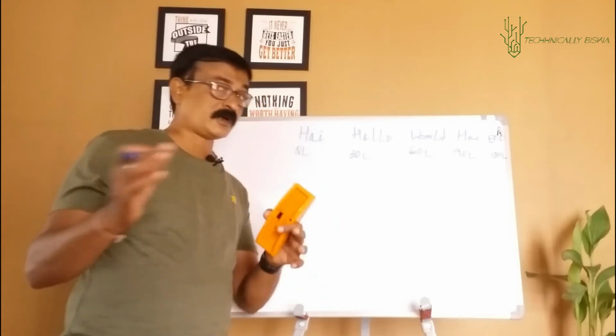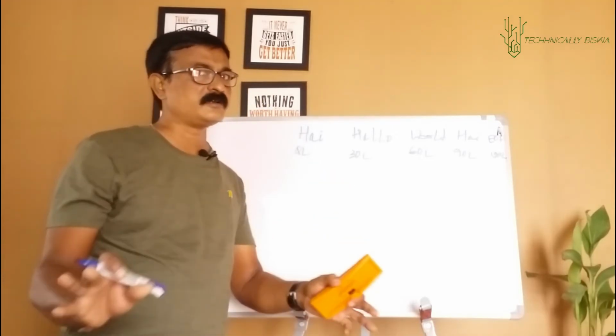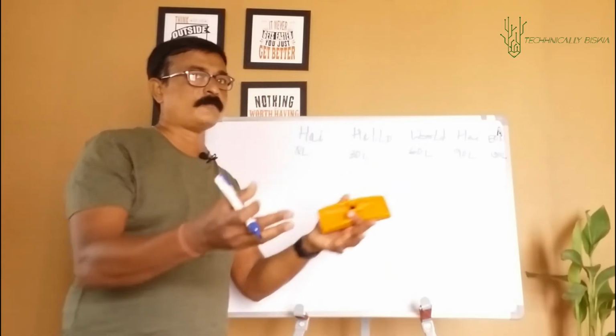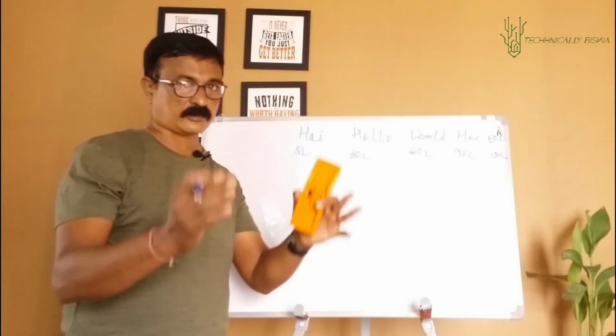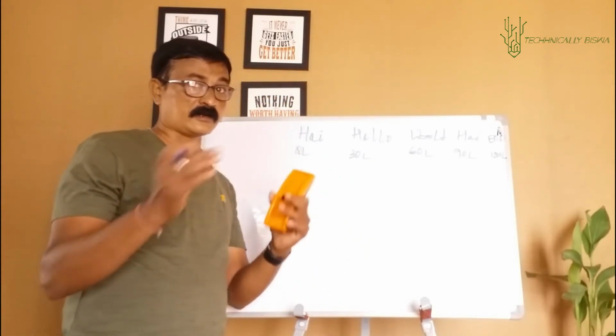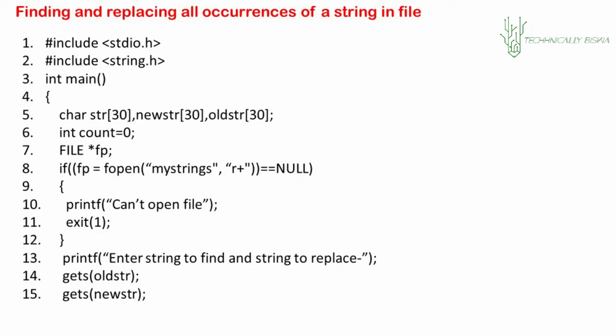Okay, let's look at the first part of the program. You will understand it easily, but a few things we need to discuss. So let's go back to the slide containing the program, understand the first part, then come back to the board and understand how it practically happens. Alright, have a look. This is the first part of the slide.